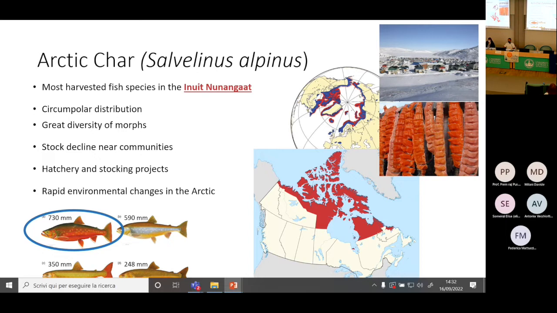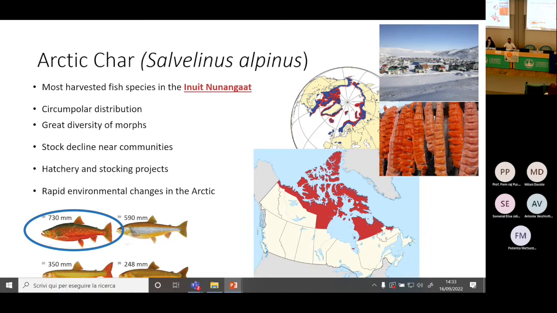It has an outstanding diversity of morphs. You can see different morphs, and you can see how the one I circled in is the anadromous form, the one that goes from the river to the sea. And you can see why it's the most harvested one, just because it's so much larger than morphs that stay in the lakes. So it is a really important species for alimentation, subsistence,